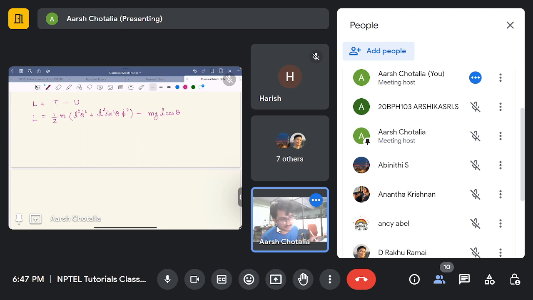And now we just become a mechanical calculator. There will be two equations. Let's calculate with respect to theta. The partial of L with respect to theta would be,